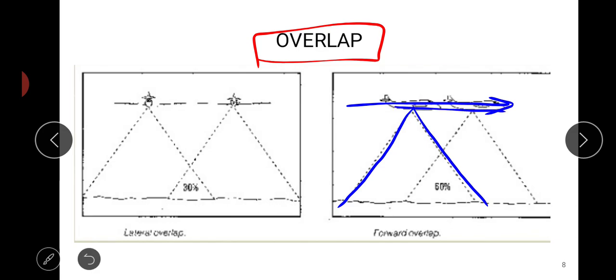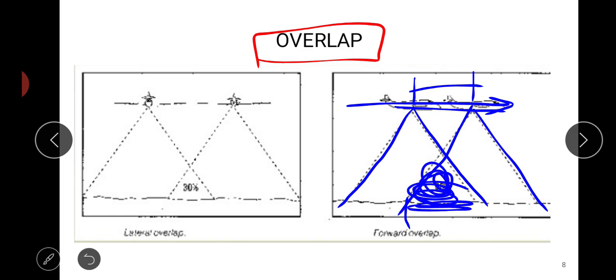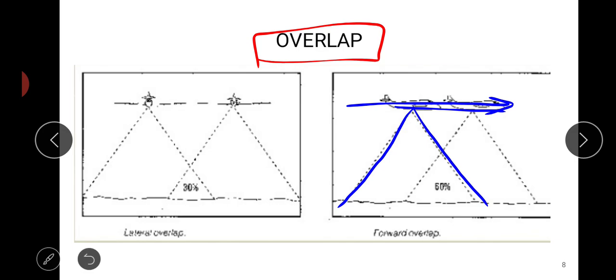After moving a certain distance, it takes another image. The portion which is the same in both photographs is called overlap. So the percentage of overlap depends on at what position the flight or the camera is capturing the picture. So this is called overlap.